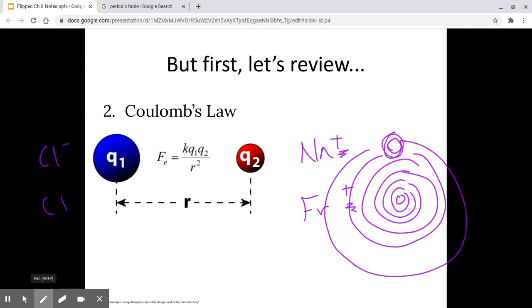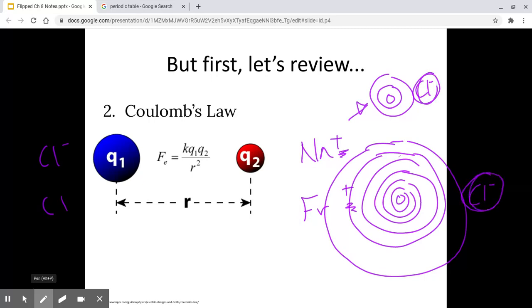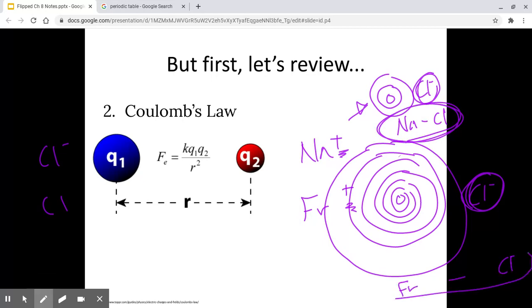Okay, so obviously you can see there's a little bit of a difference there. Francium kind of ate my sodium. Let me fix that. Okay, so sodium is going to have 3 energy levels. Francium is going to have 7. So that chlorine atom, when it bonds to sodium, can get a lot closer to sodium than it can to francium. So the NaCl bond between those two is going to be a lot stronger than the FrCl bond